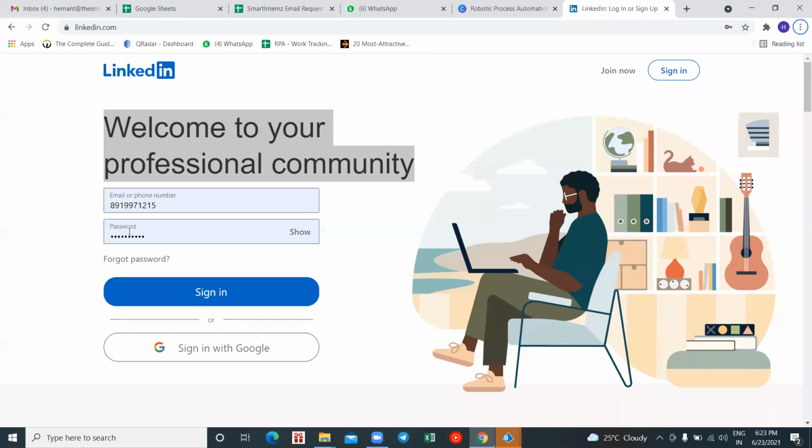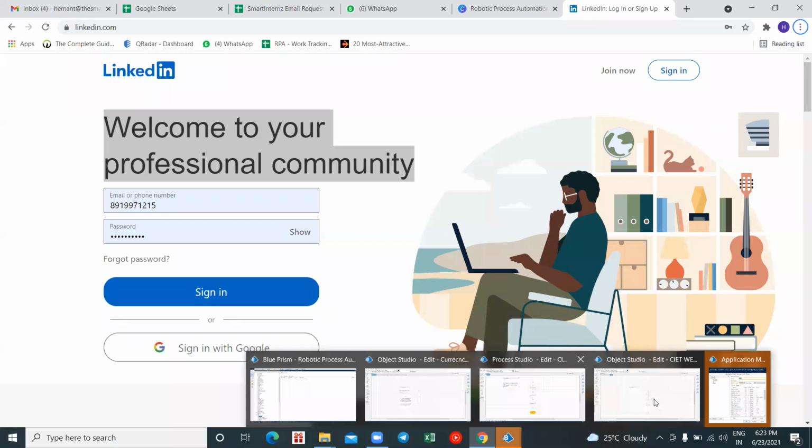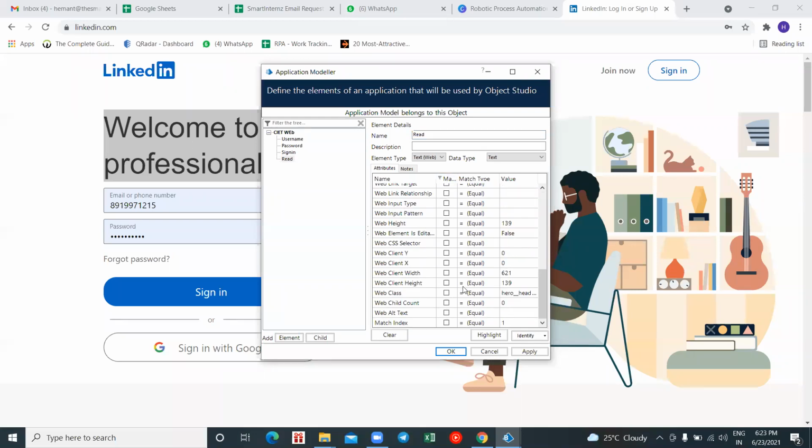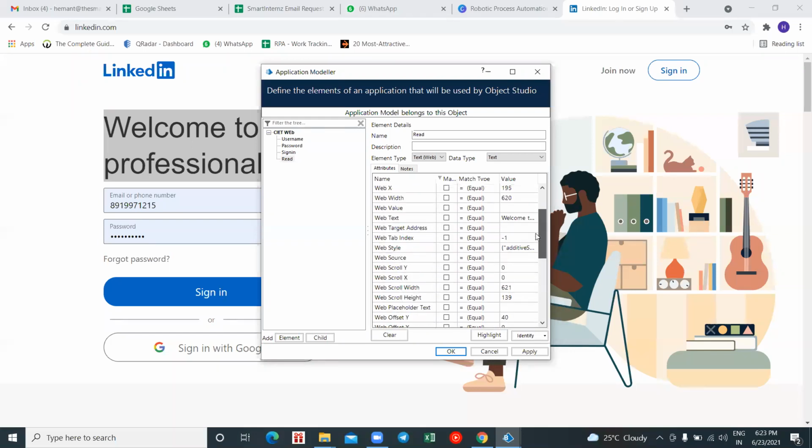When I am running this application, you can see it is writing there. This blue color mark is going. So as I've told, we'll make use of my read stage now. Just click on your match and uncheck the unnecessary items. And even here, if this value has been captured somewhere, you have to uncheck it.